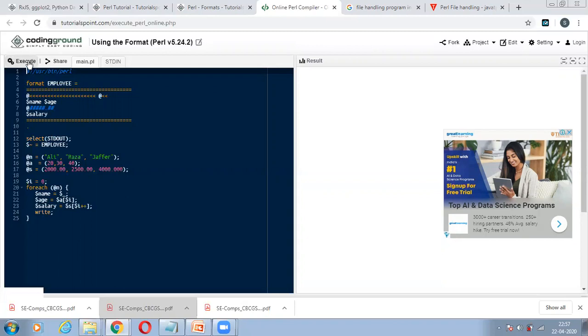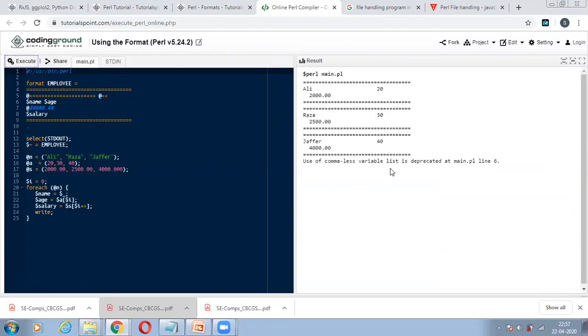So let's see how the execution of this particular program looks like. I want name to be at a particular place, that is at the starting, so I put its name here as Ali. Now I want the age of this particular employee at a particular location, so I'm putting it here as 20. Now I want salary to be at a particular position, so it is like 25, 20,000, 2,000, whatever be the amount you wish to give. So what we are trying to do is put it in a particular format, right?